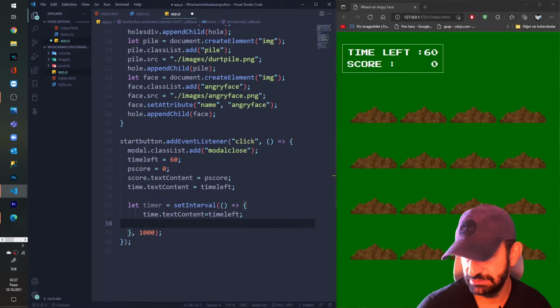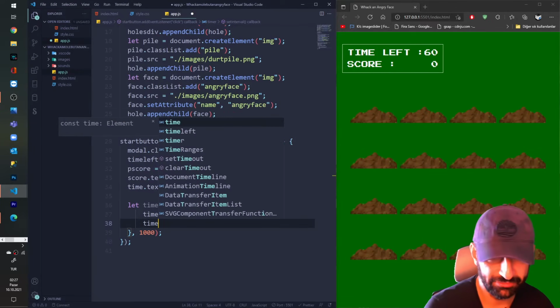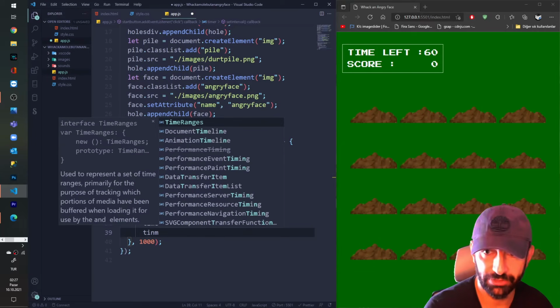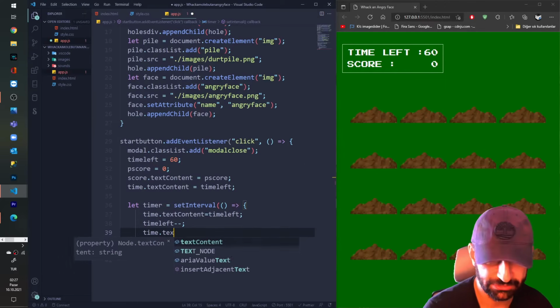No, I'm not gonna make this time left equal to 0 visible. So we say time left minus minus, and I'm doing my time dot text content.